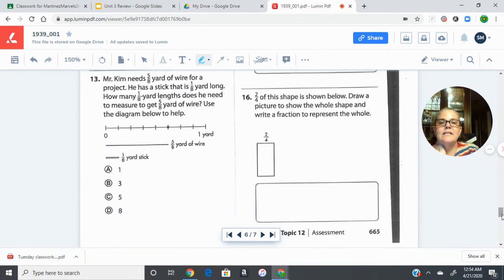Number 16 says 2/4 of this shape is shown below. So this represents 2 pieces here. Draw a picture to show the whole shape and write a fraction to represent the whole. So think about it this way. This is 2 pieces. So if we cut this in half,